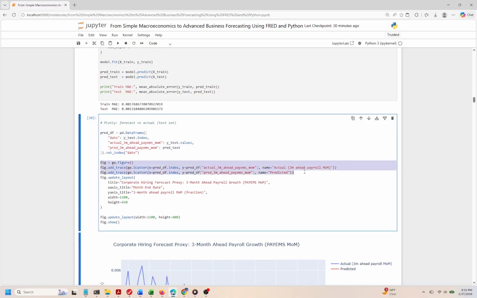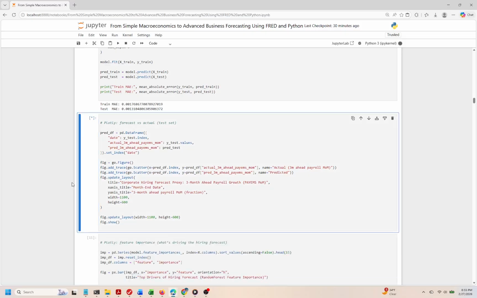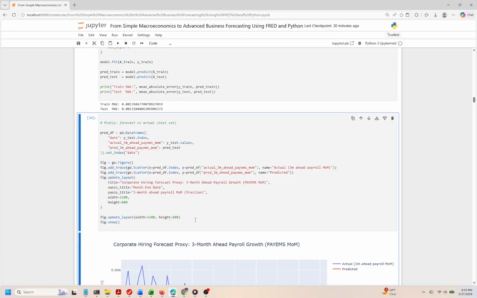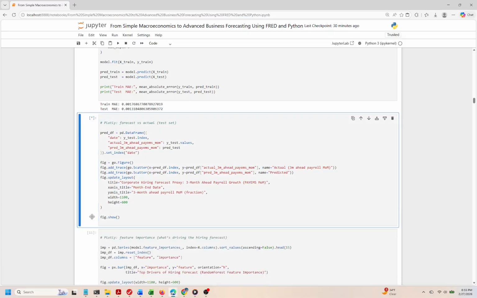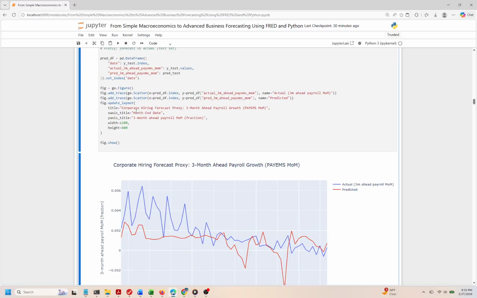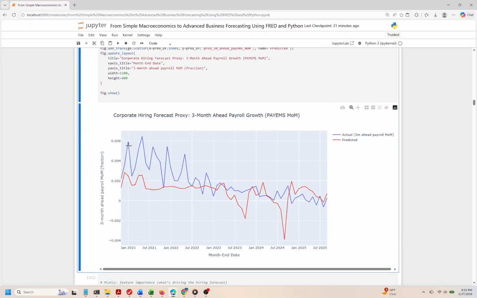Next, we utilize Plotly, a powerful library for creating interactive visualizations. A figure is initialized to serve as a canvas for our plots. We add 2 traces to this figure. One represents the actual values, while the other showcases our predictions. This dual representation allows for direct comparison, making it easy to spot where the forecast aligns with reality and where